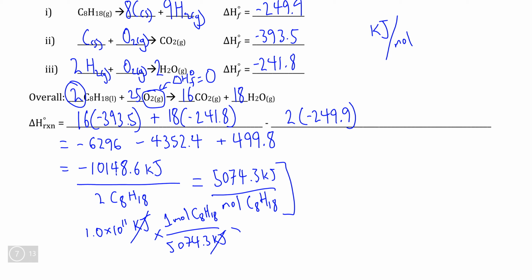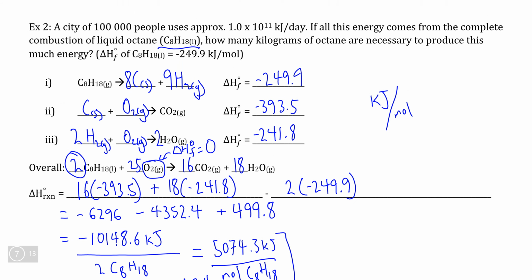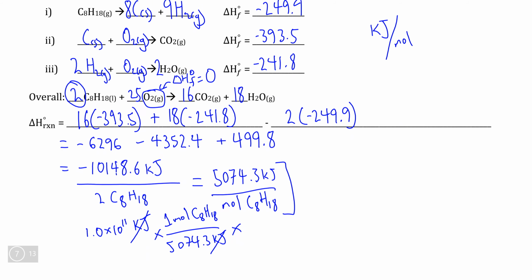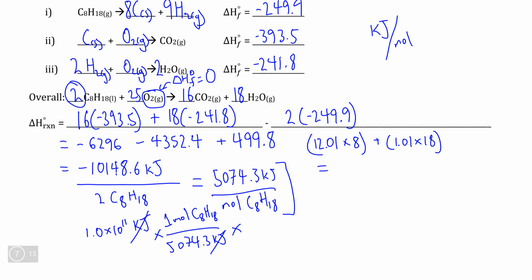and that this would tell us the number of moles of C8H18 that we would need. But again, the question didn't ask for moles, it asked for kilograms of octane that are necessary, which means we need to find the molar mass. I'll trust that everyone remembers the molar mass of carbon is 12.01, and there are 8 carbons within this molecule, and then we add to that the molar mass of hydrogen, 1.01 times 18, and if you calculate this, it comes to 114.26 grams per mole is the molar mass of octane. So we would simply need to multiply this molar mass number,